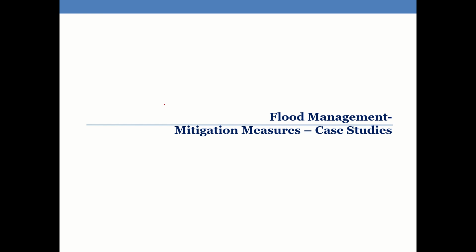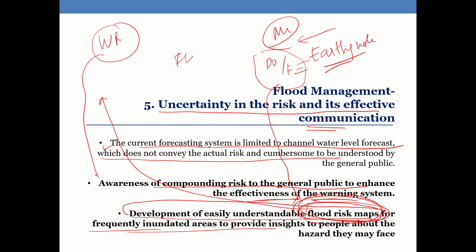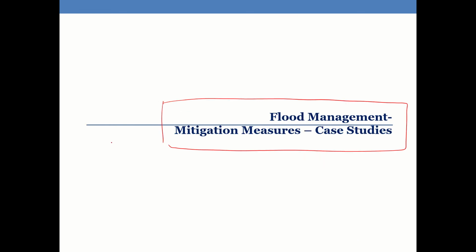Okay, so with that I'll stop for the day. These are actually more of a theoretical approach on how India is doing to manage floods and what in general can be done to improve and manage the urban floods in specific, and riverine floods in other cases as well. And probably in the next class we will see examples of how mitigation measures are taken at city level and at the building level with the help of case studies,